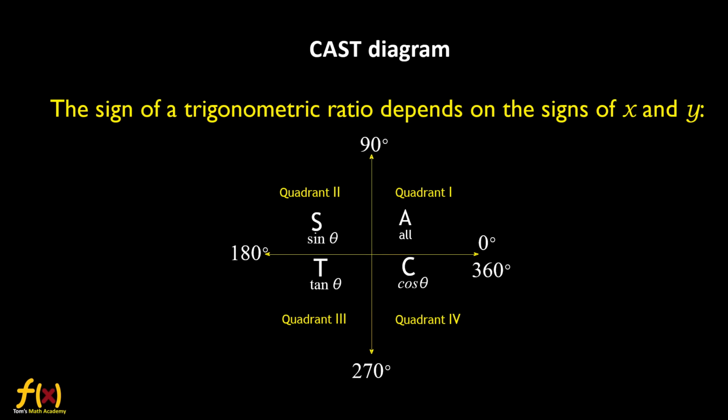Then, just to summarize our information about the quadrants and the sign of the three trigonometric ratios, we have a well-known CAST diagram in trigonometry. This will help you always to answer the question of which trigonometric ratio is positive in a specific quadrant. All, sine, tan and cos, we call it the CAST diagram. Remember this diagram and we will use it for the questions.